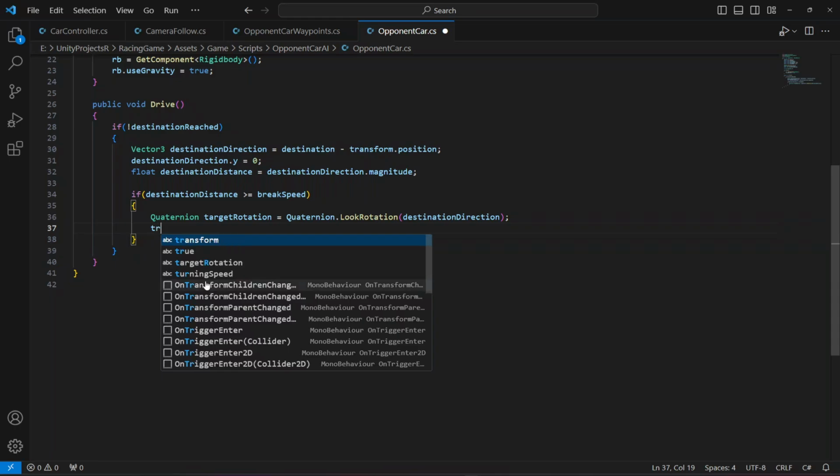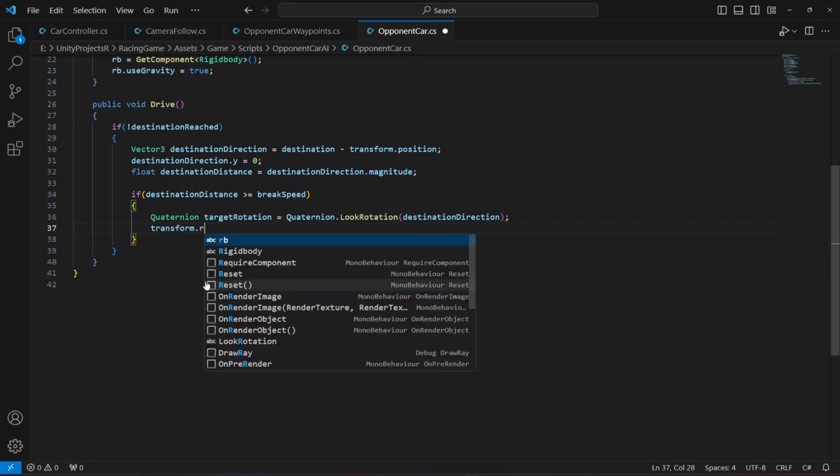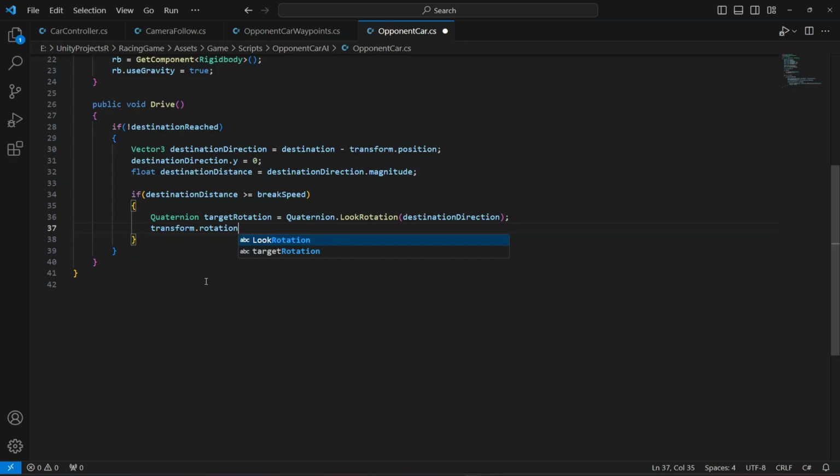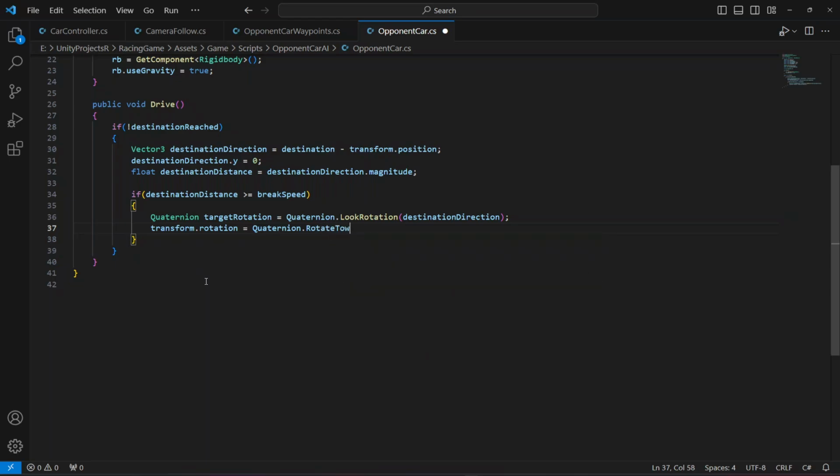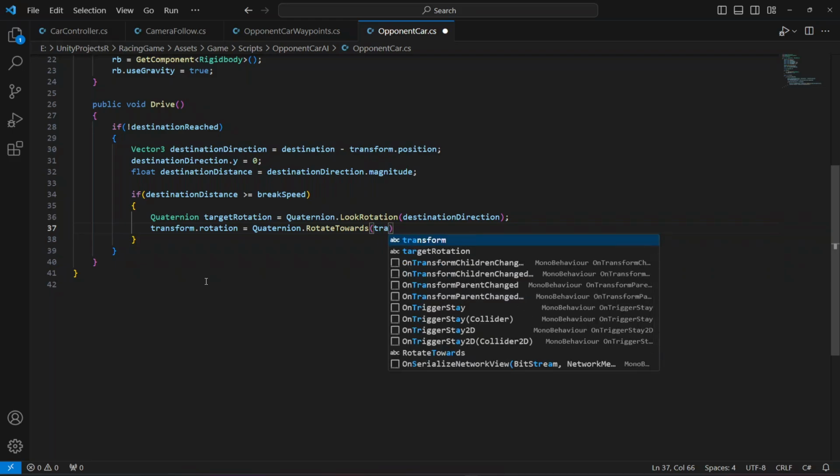And after this we're gonna say transform dot rotation equals to Quaternion dot RotateTowards, and we want to rotate towards